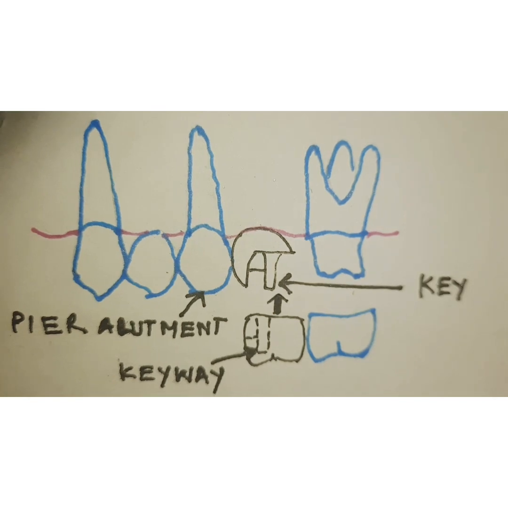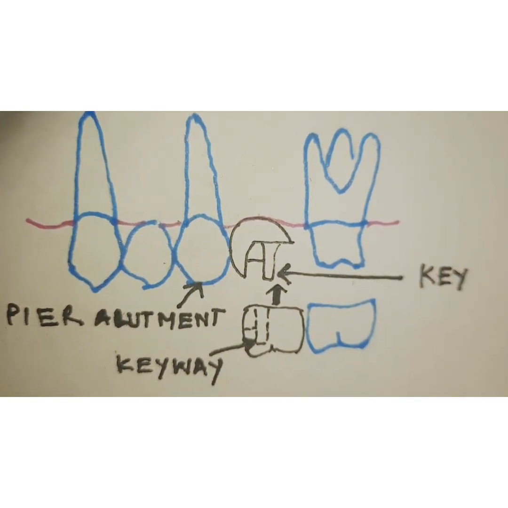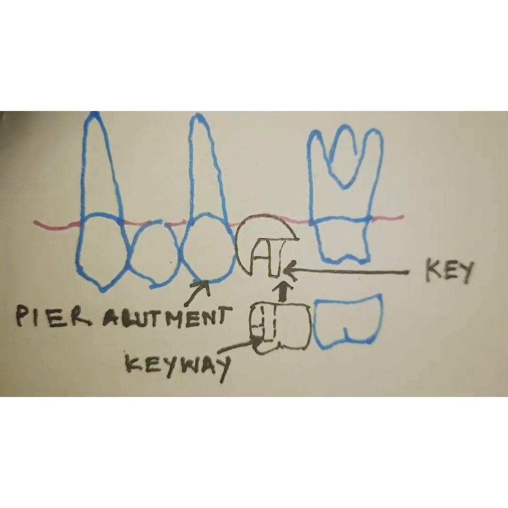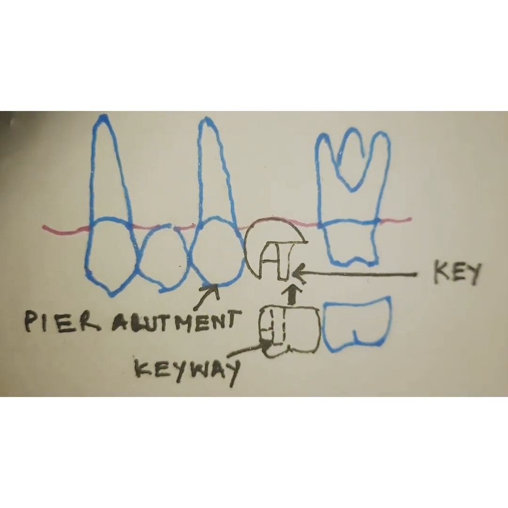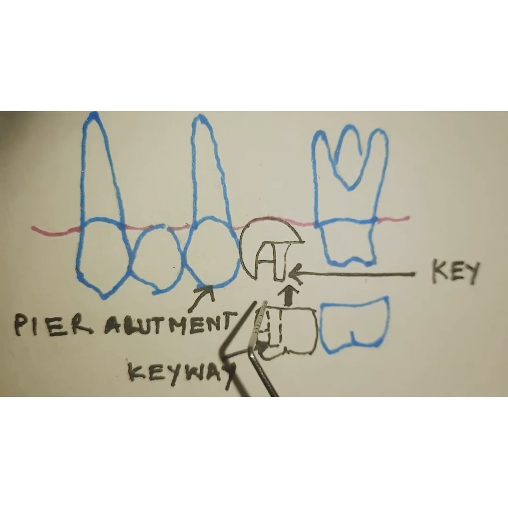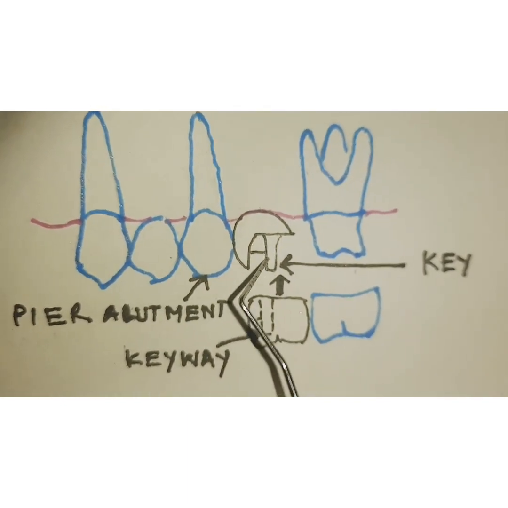Now each of these segments is attached to their respective retainers, and here we will be making the mesial segment, which is having the pier abutment retainer and the pontic, and you are making a key on this pontic on this side,